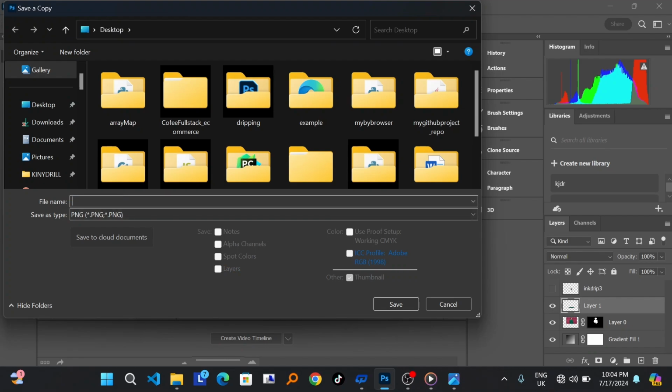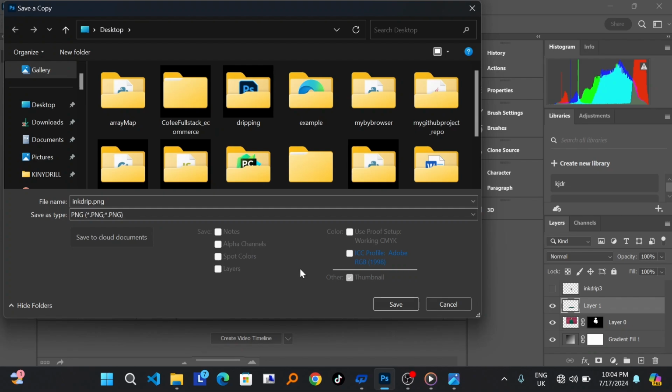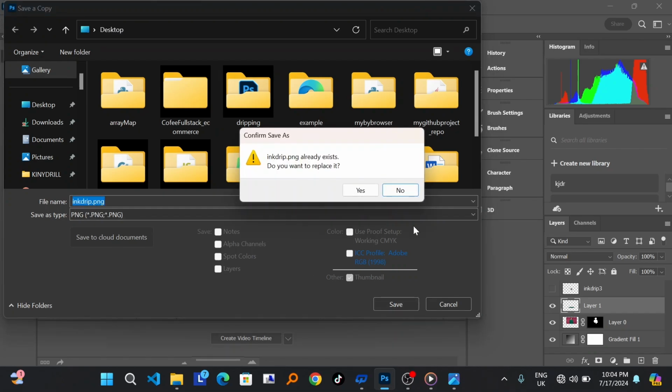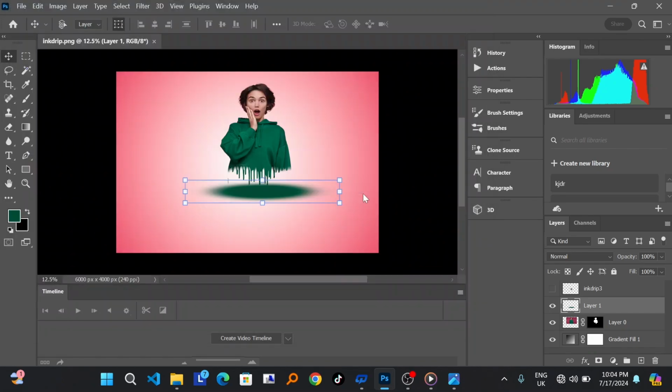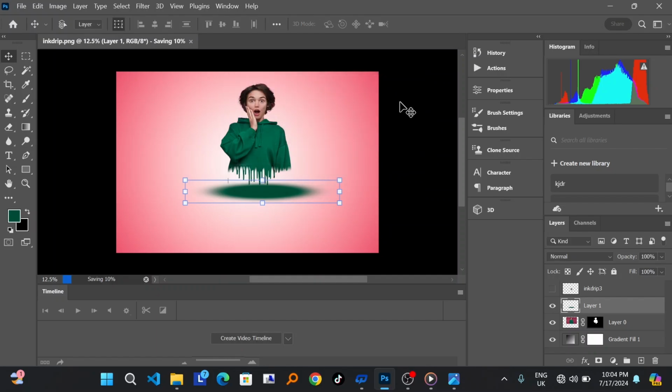And try to write ink drip, the PNG like this, and then click on Save. Click Yes, it has been saved, and press OK. If I come